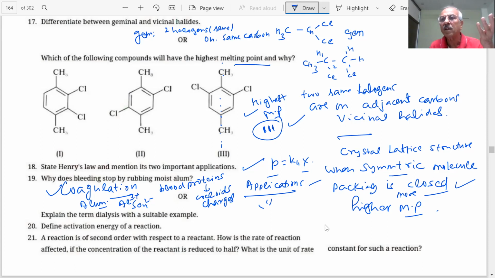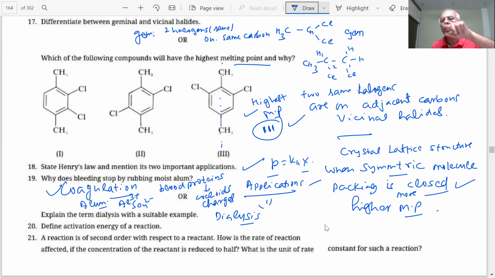You have heard about dialysis of kidney also. And in the NCERT, they have explained very clearly, student, dialysis. So you have to explain what is that, what we do in dialysis. We remove the dissolved substances from colloidal solution by the process of osmosis, student, through a semi-permeable membrane.